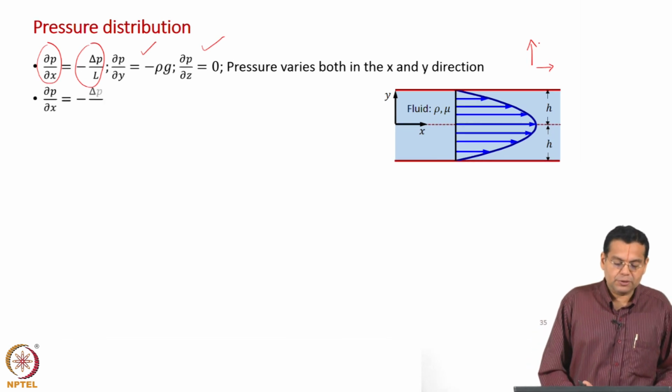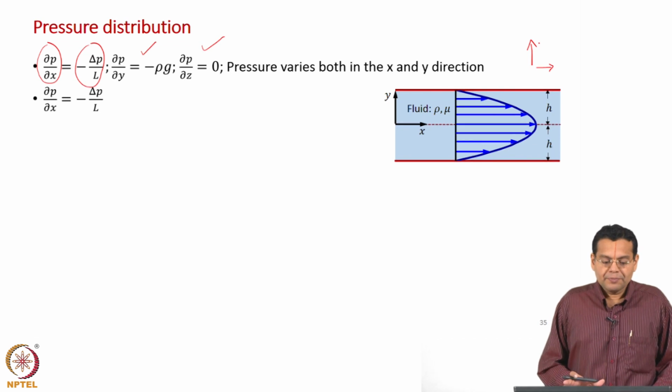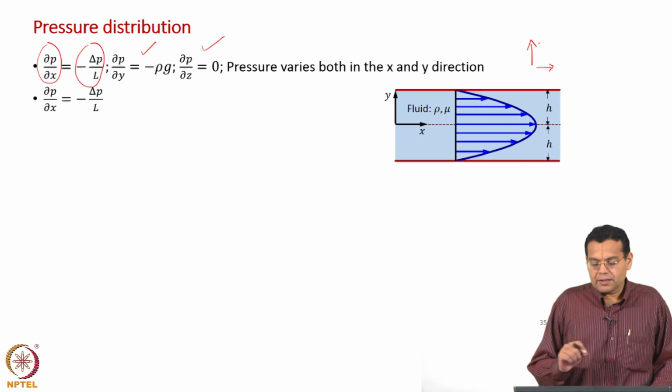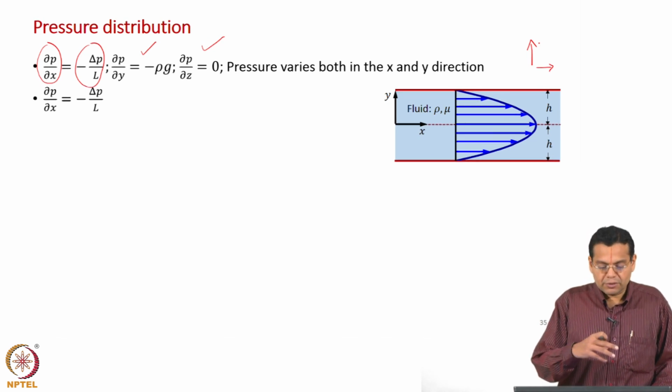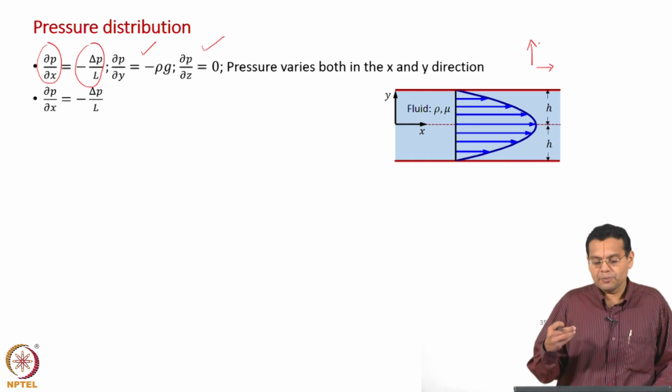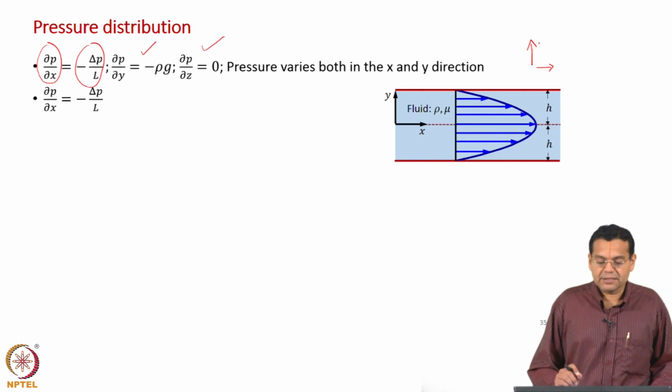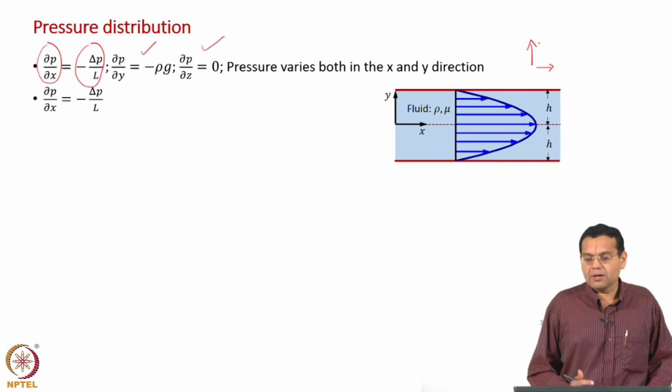Okay. So, now how do we proceed? What we are going to do now, the steps we have already seen when we discussed an example after Bernoulli's equation. One of the examples which we discussed after Bernoulli's equation, we derived an expression for the pressure distribution. What we are going to do now is exactly similar to what we had done earlier. So, I would recommend that you refer to those slides.